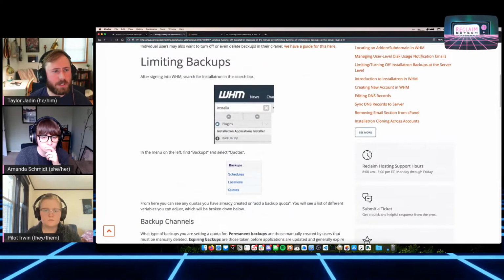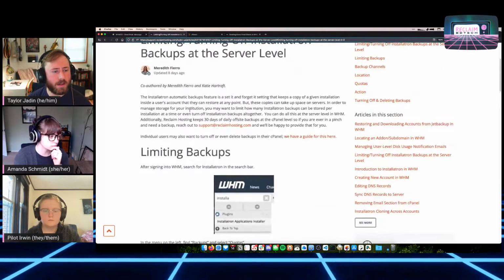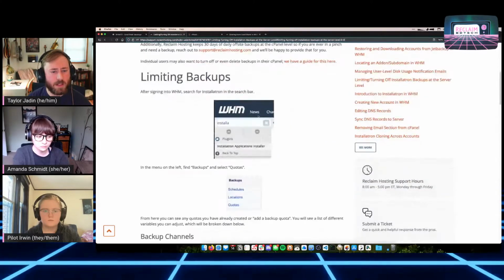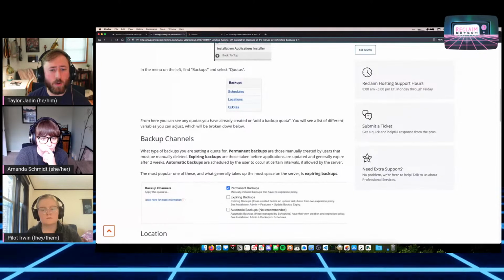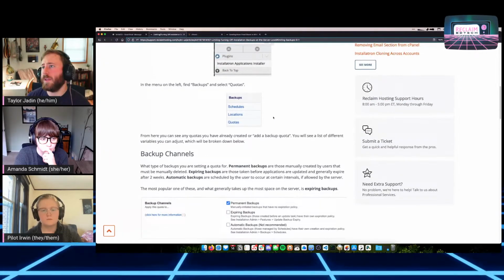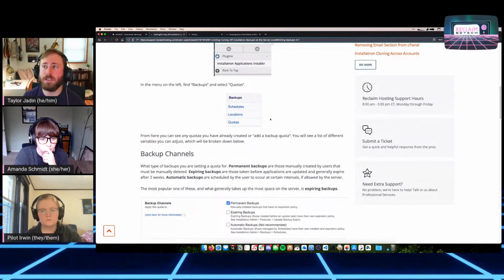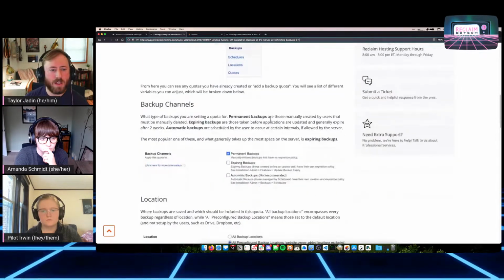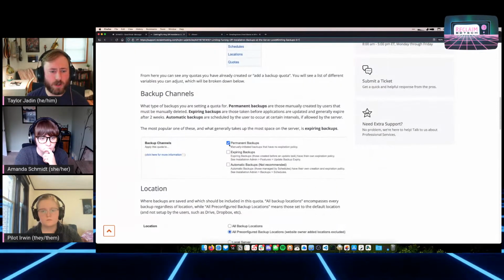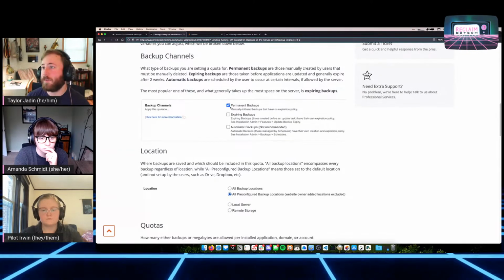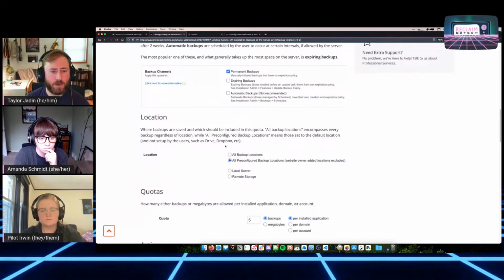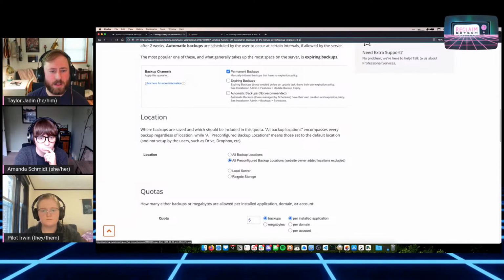So you would essentially go to your WHM, search for Installatron, and you can change the quota. So you can say, oh, let's have only 1 instead of 2. 2 is the default amount of backups it stores. You can also just turn off the ability to have, say, permanent backups that never expire. You can even set up